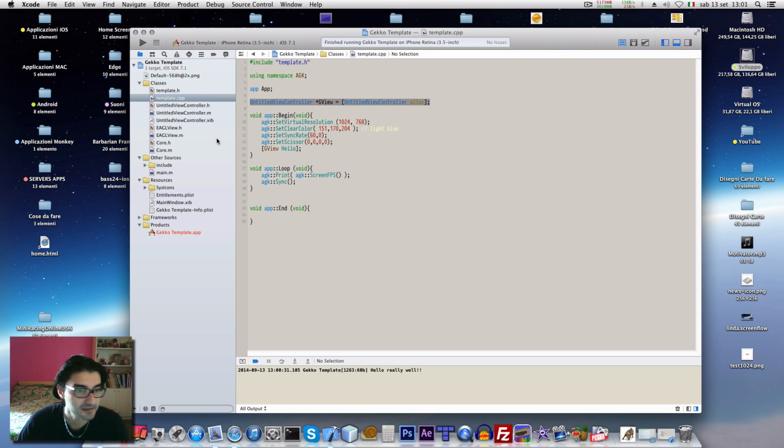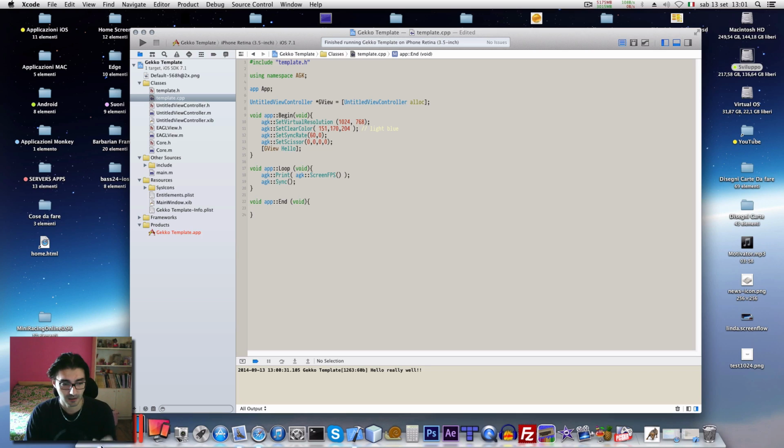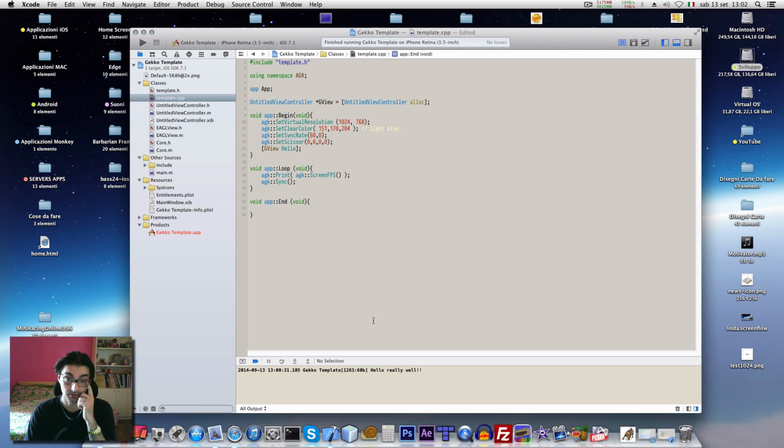Okay, boys, this is the Gekko template for iOS to start immediately to code with the AGK. The next time I will start to code a manager for you: a sprite manager, an image manager, and other things, a file manager. Okay, thank you for following me. I will put the link to download this file, the zip of the template. I suggest to use the same folder I use on my computer, so you can use it